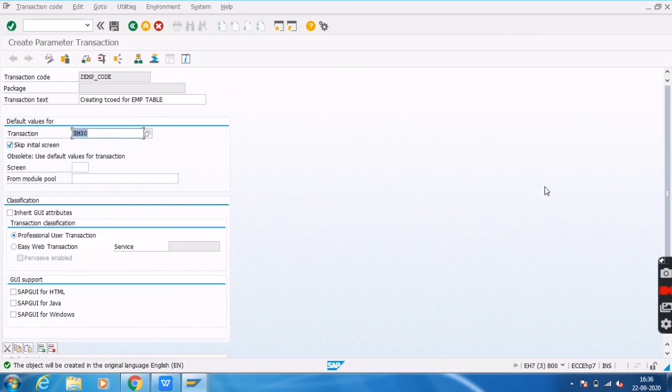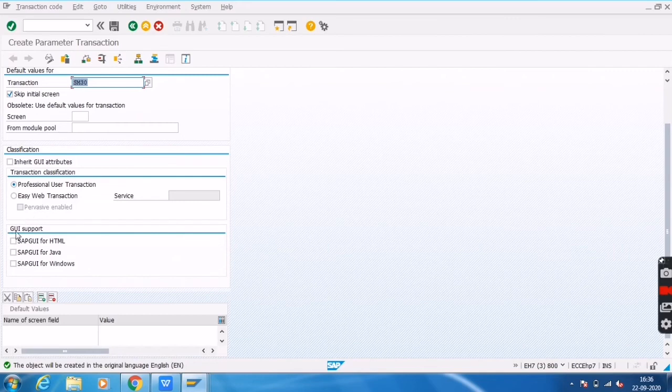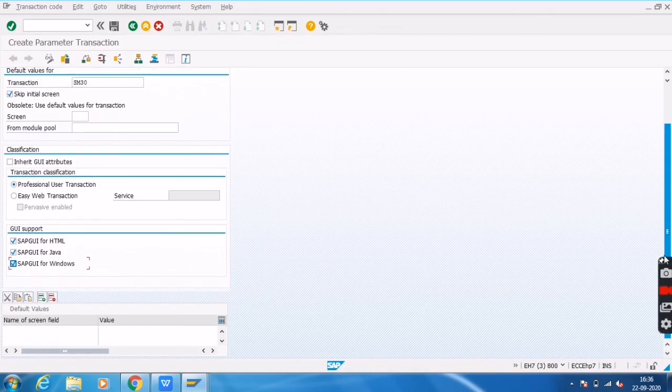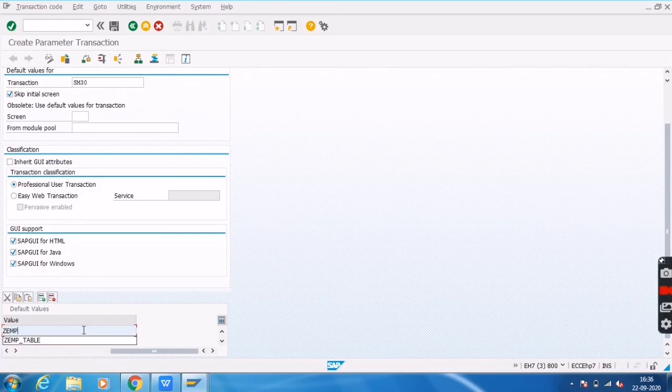Here I am mentioning this information. Then we need to provide some more information about it. It will support every GUI, so I am giving Java, HTML and Windows. Here I need to provide more information about the view name. View name in the sense our table name, the ZEMP table.